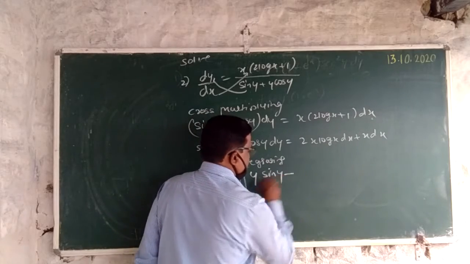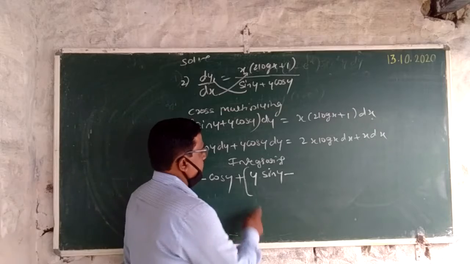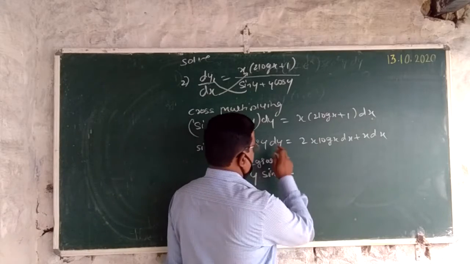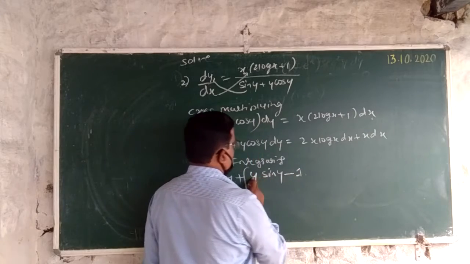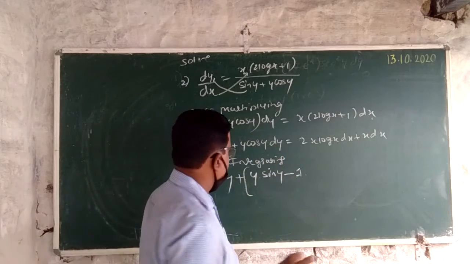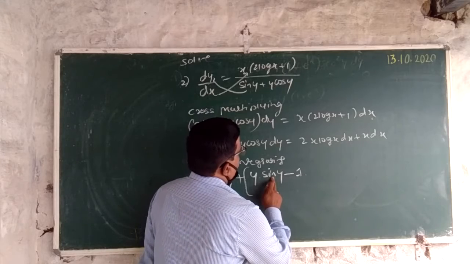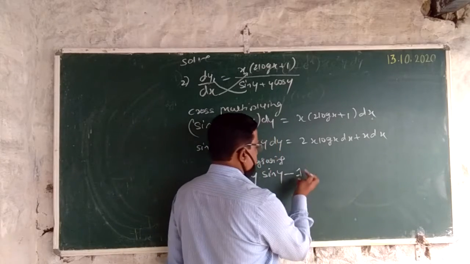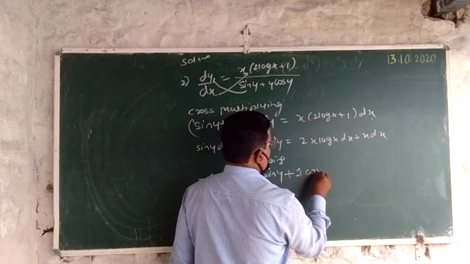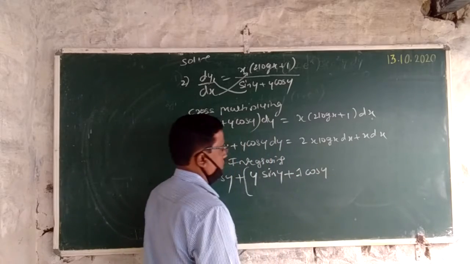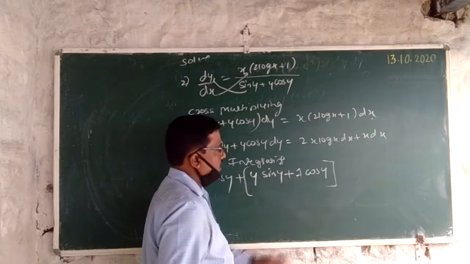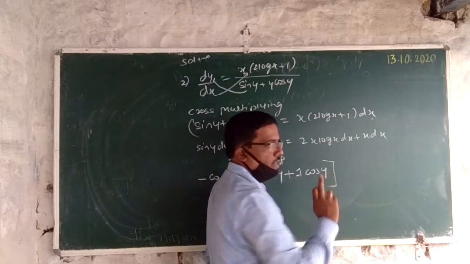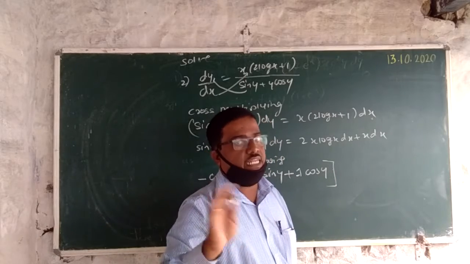Next, put minus sign, then y. The first function is y, so differentiate this y. Differentiating y means 1. Differentiation of y with respect to y is 1, into integration of again sin y. Integration of sin y is minus cos y, that minus becomes plus cos y. So this is over. Further, next when we take minus sign, then we take plus sign. So minus and plus we have to take alternately.